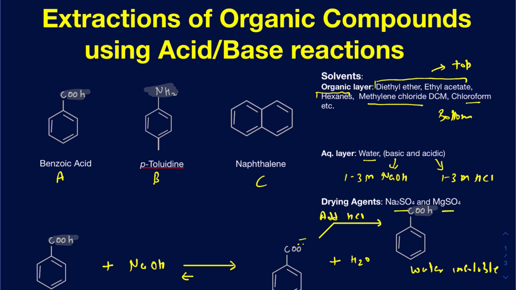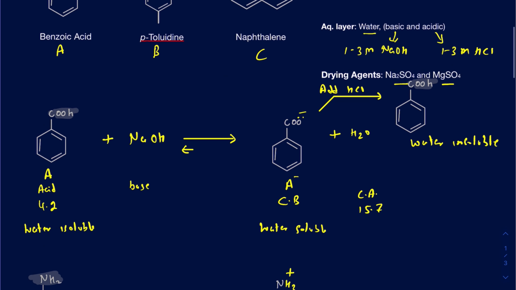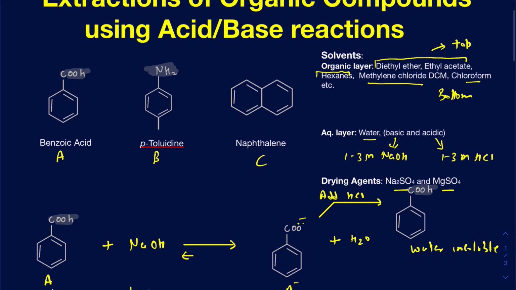So typically the extraction is going to be done by using two liquids. So you're going to have an organic layer and an aqueous layer. I already talked about what kind of acid-base reactions you're going to be running. But now let's talk about if we have a mixture of those three dissolved in one of the organic solvents. I'll just go ahead and pick dichloromethane as my solvent here. You could have different solvents. You could be using diethyl ether or ethyl acetate, but I'm going to be using methylene chloride,